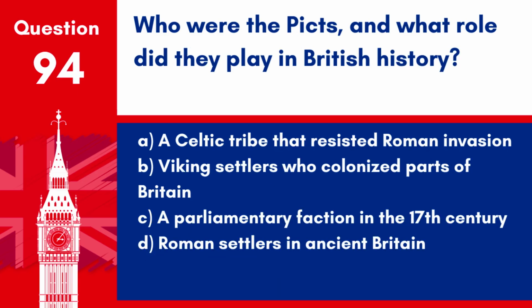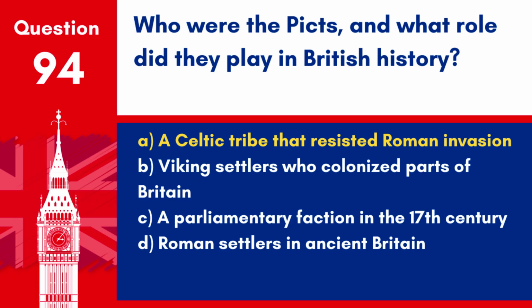Question 94. Who were the Picts and what role did they play in British history? A. A Celtic tribe that resisted Roman invasion. B. Viking settlers who colonized parts of Britain. C. A parliamentary faction in the 17th century. D. Roman settlers in ancient Britain. Answer: A. A Celtic tribe that resisted Roman invasion. The Picts were a group of tribal people who lived in what is now Scotland during the late Iron Age